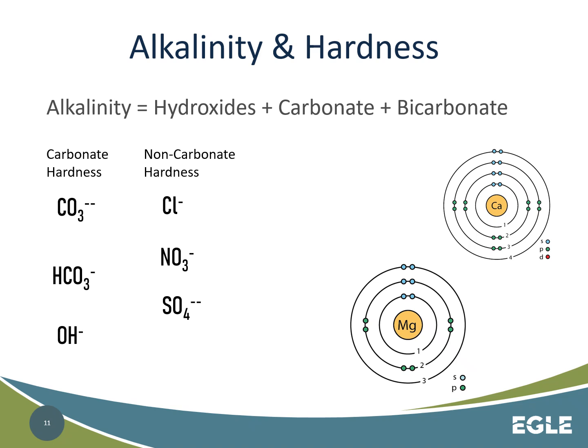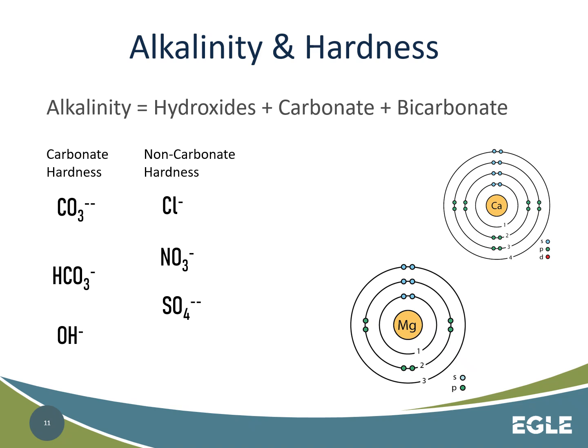In addition to hardness, alkalinity is a key factor in the softening process. What is alkalinity? It is the sum of hydroxides, carbonates, and bicarbonates in a common unit, typically milligrams per liter as calcium carbonate. Alkalinity is the ability to neutralize acid, so it is important when making adjustments to pH like we do in